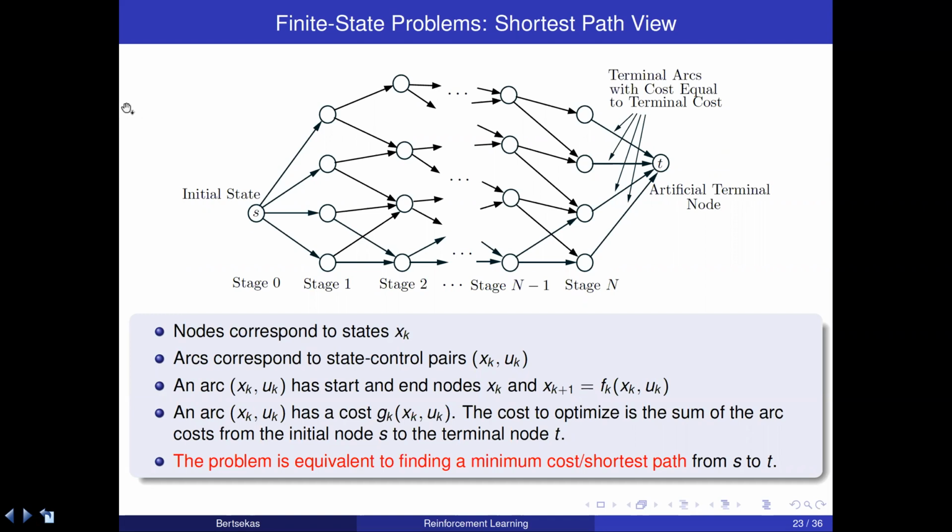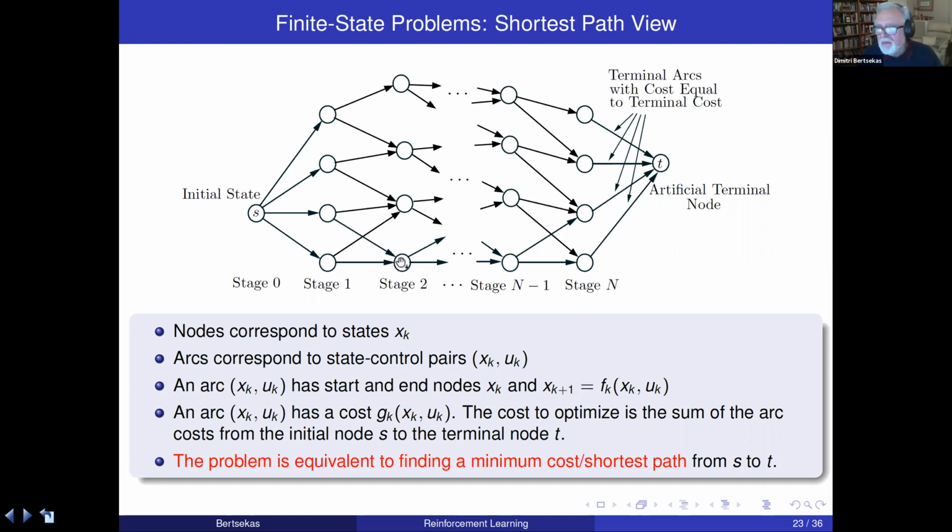So if finding the optimal policy can be reduced to a shortest path problem, what is it about J star that makes it so difficult to calculate, at least in the deterministic sense? Well, because the number of states can be zillions, more than the number of molecules in the entire universe. So it's still polynomial in the number of states, but the number of states may just be prohibitively large. Exactly, yes, it's polynomial in the number of states, but the number of states